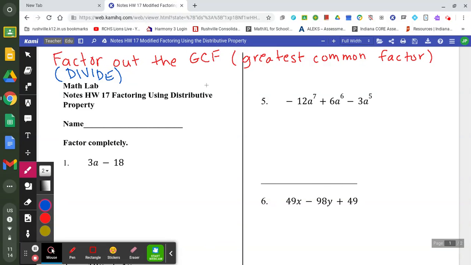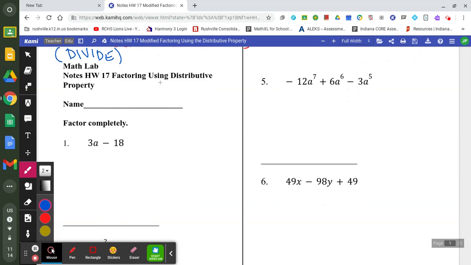So these are notes for homework 17, which is called Factoring Using Distributive Property. So what we're going to do is factor out the GCF, which is the greatest common factor. And so when you factor out, what you're really doing is dividing. So when we look at our first